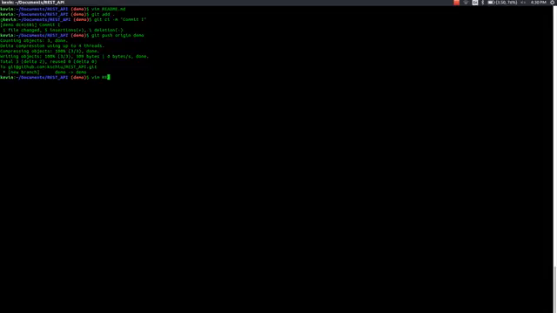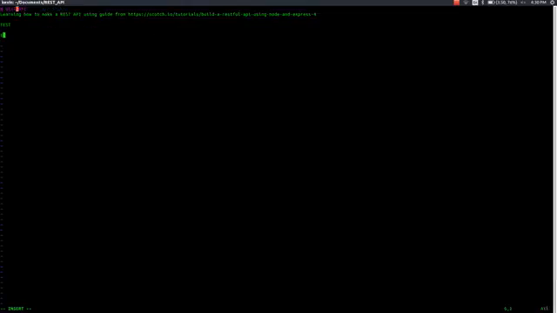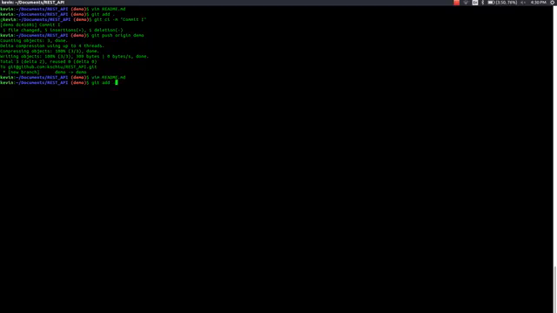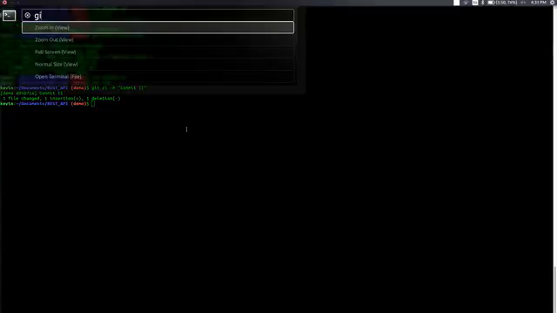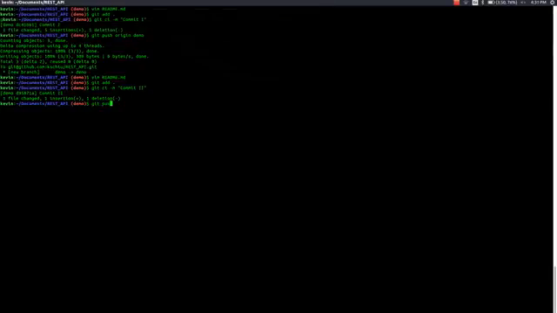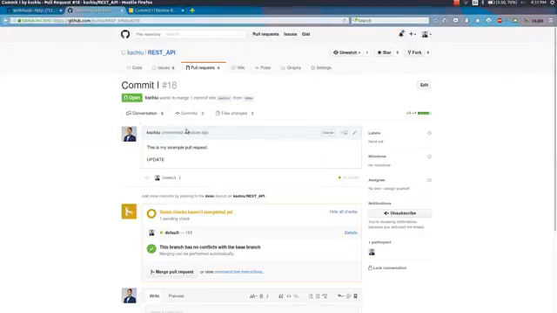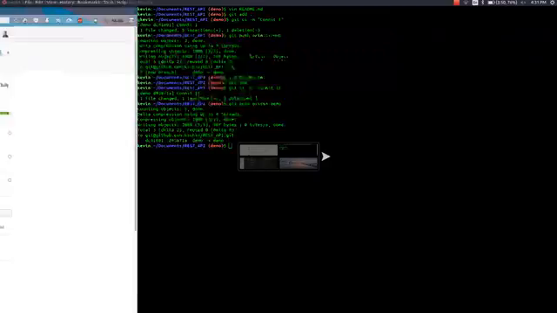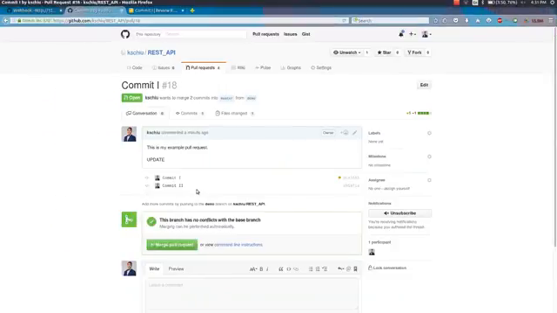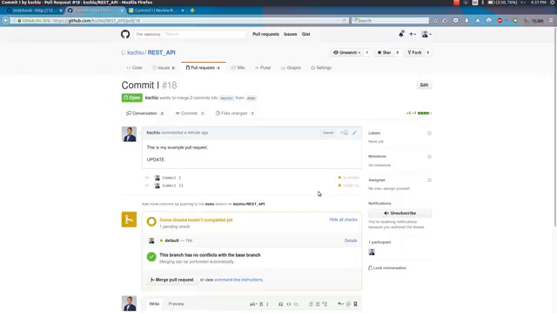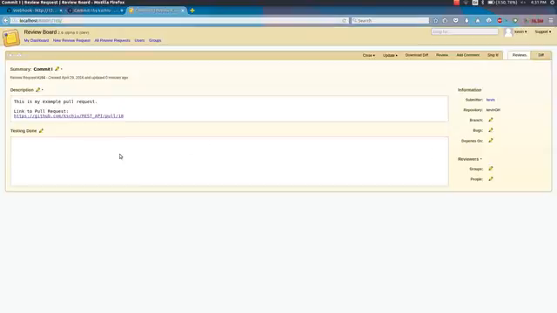So I'll go back into this README file, and then I'll just add another line, test 2, right? So I've saved that. I'm going to add it and commit it. Great. So now we can see that. Okay, cool. So now I have commit 2 here, and once again this is tagged as pending because I cannot merge this yet. So I'm going to go look at my review request now, and we can see that